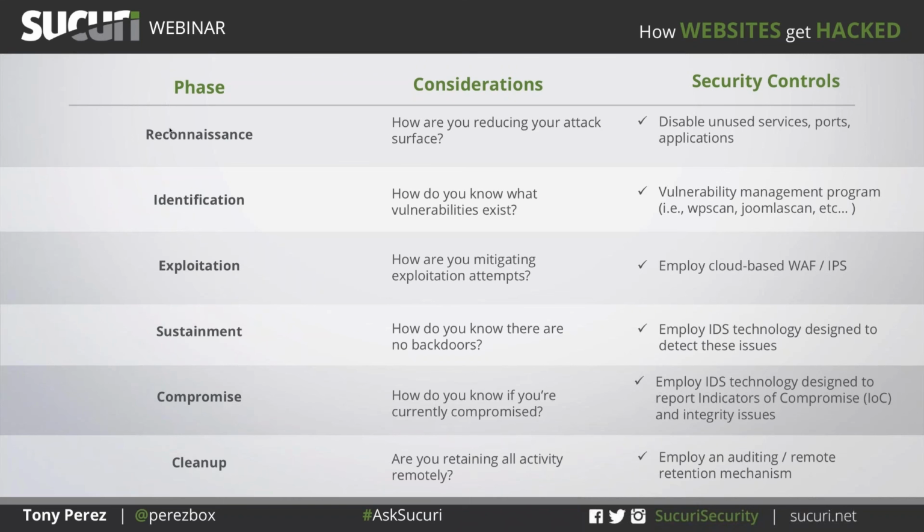Exploitation. So we've gone through the process of reducing our potential attack surface. We've implemented controls to reduce or identify potential vulnerabilities that others are going to be looking for. But we understand that nothing we do will be 100%. So how are we addressing that? How are we mitigating these exploitation attempts? In some instances, when working with vulnerabilities, there are a lot of components to it. I can't just look at this and say, he didn't validate his input, or he didn't sanitize his output. Sometimes it's a combination of bugs together that creates a vulnerability. So how are you ensuring that you're implementing the tools to do that?